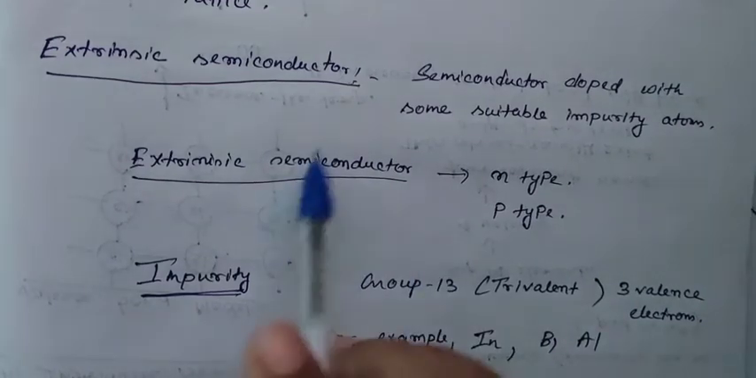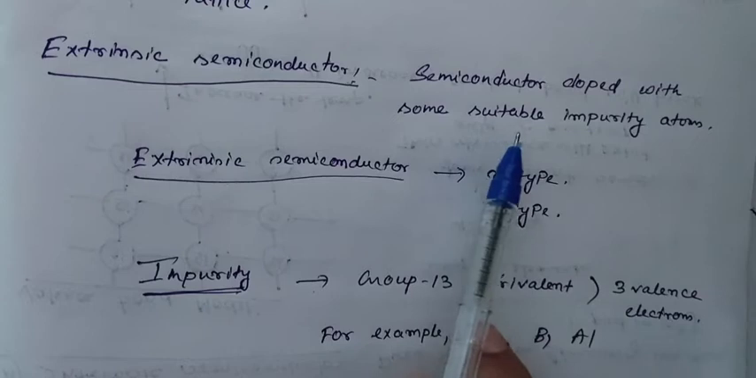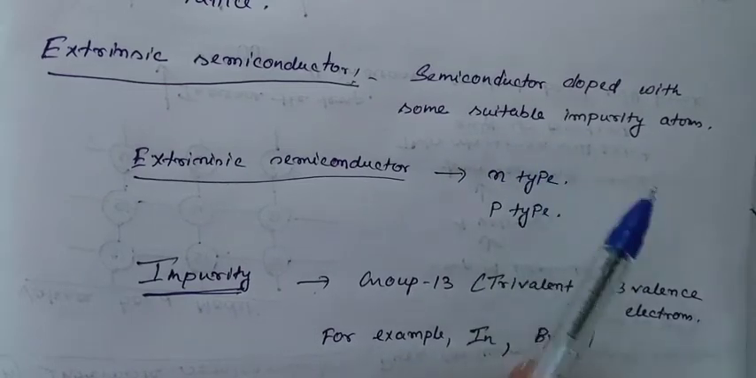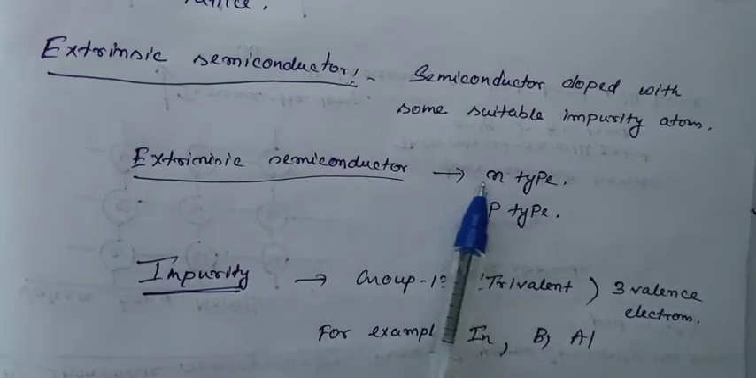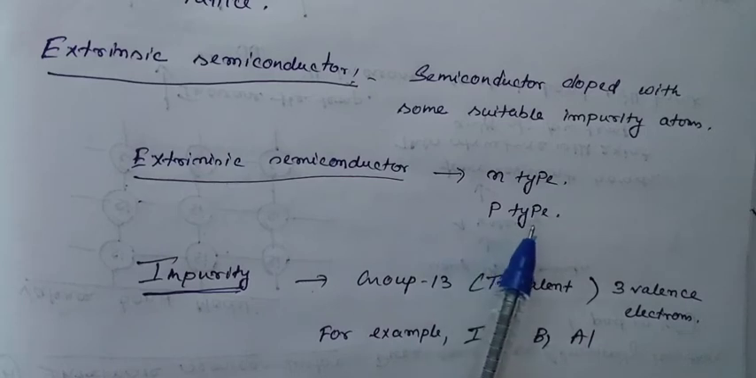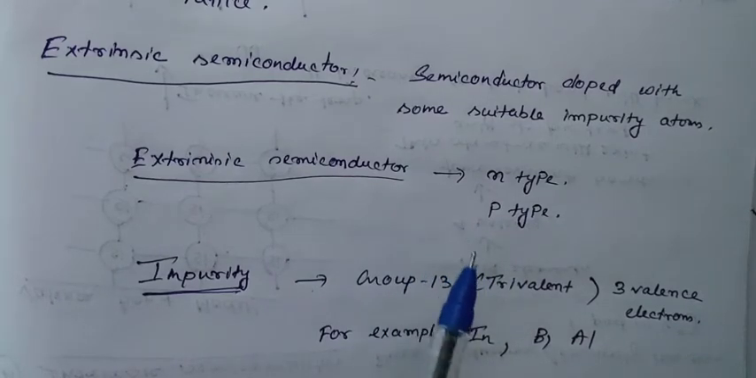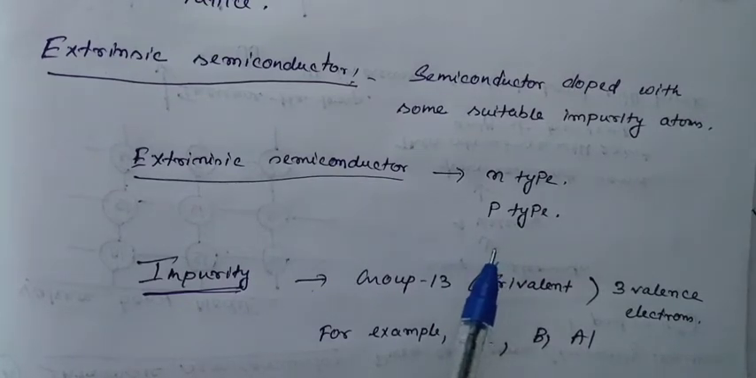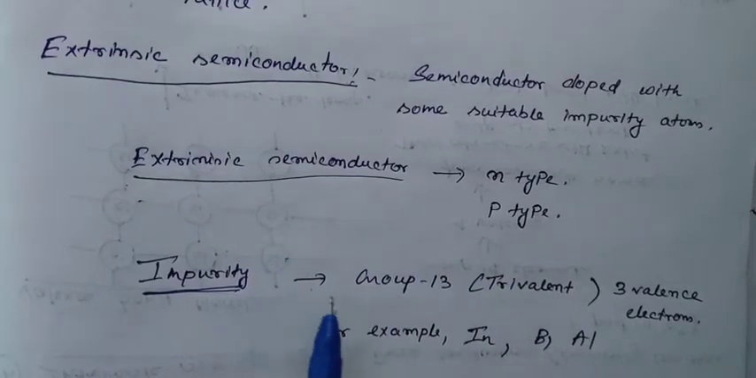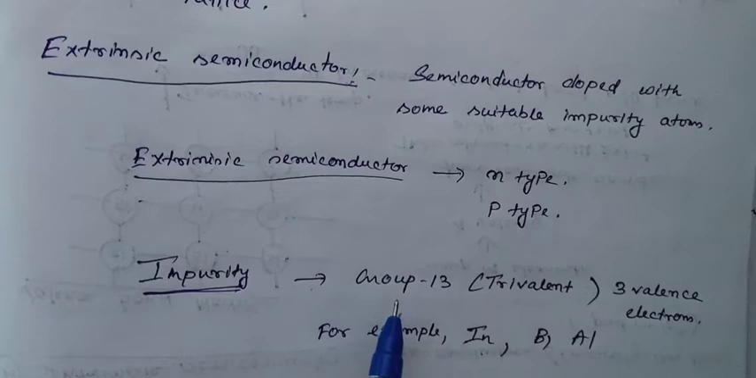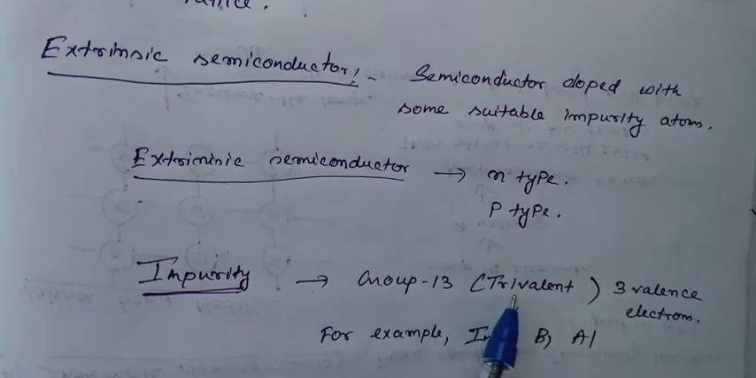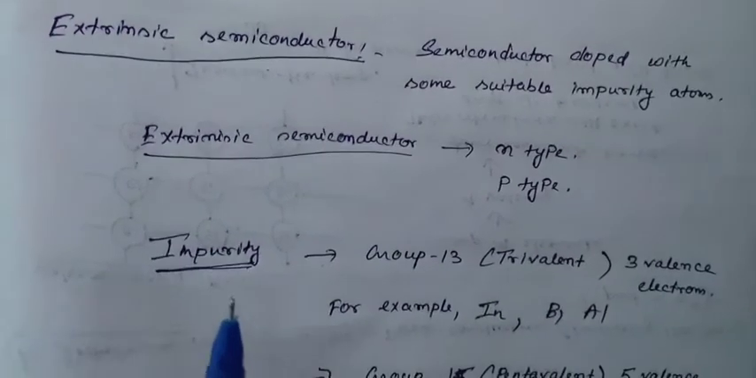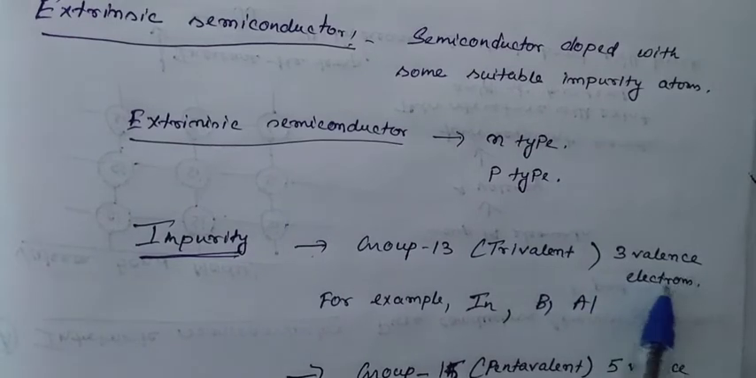Now, extrinsic semiconductor, as we know, is a semiconductor doped with some suitable impurity atoms. Extrinsic semiconductors are of two types, N type or P type. In the doping section, we have seen that if I dope with some impurity atom, the conductivity of a semiconductor increases. If the impurity is a trivalent dopant, that means a group 13 element with 3 valence electrons,